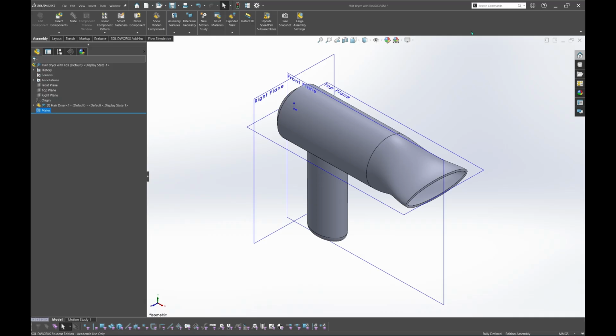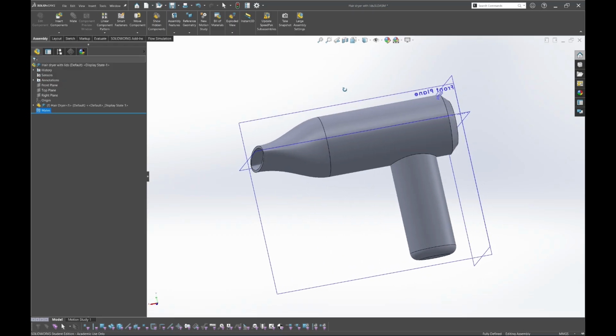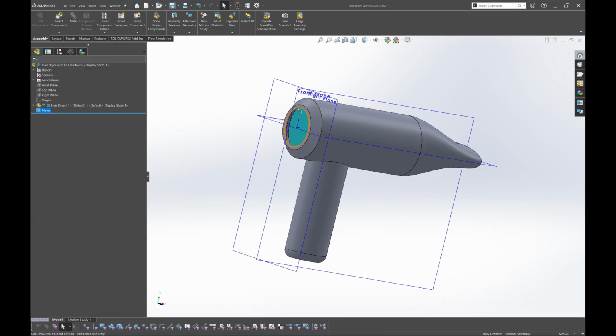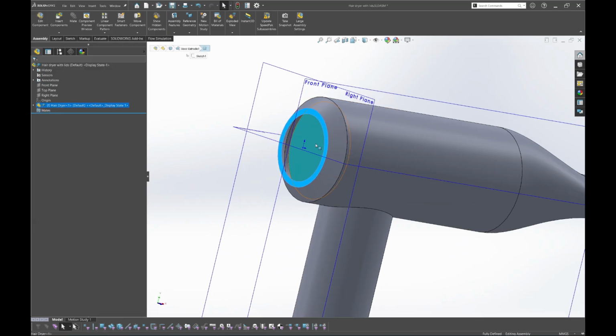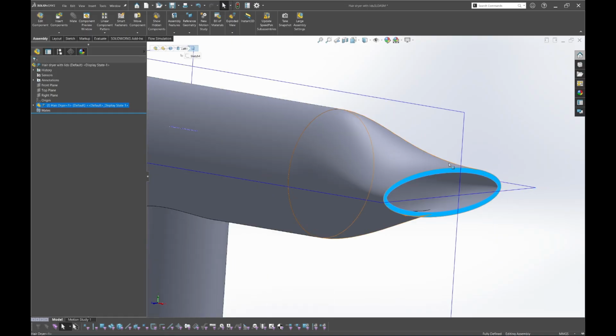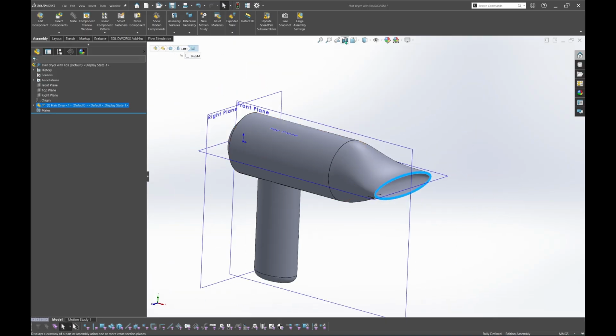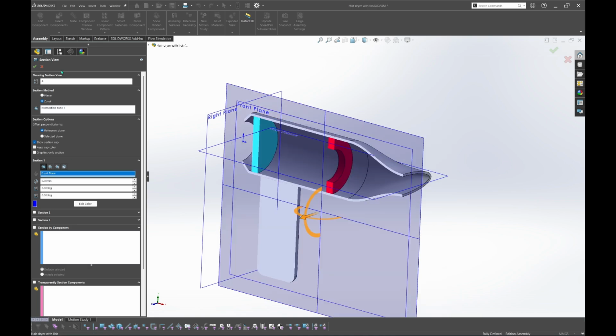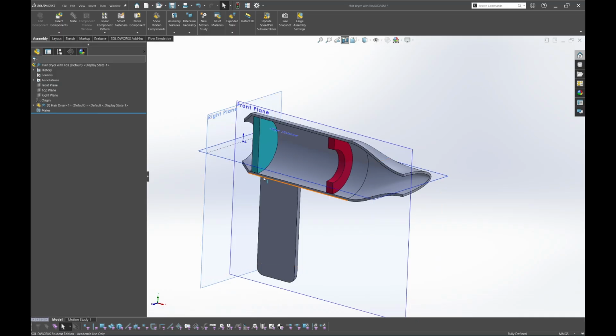I prepared a model. It is a hair dryer. And for your information, how this process works: in this area you can call the inlet, the door of airflow. The opposite direction is the outlet for airflow output. If I take a split in the middle plane like this, you can see two parts. It is for the fan and heat source.